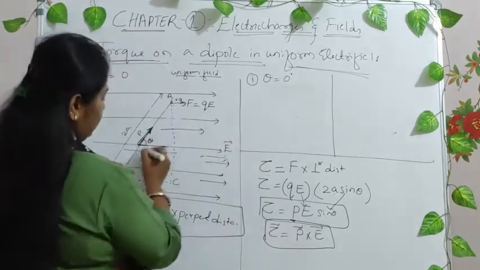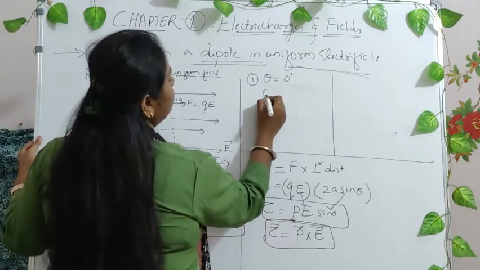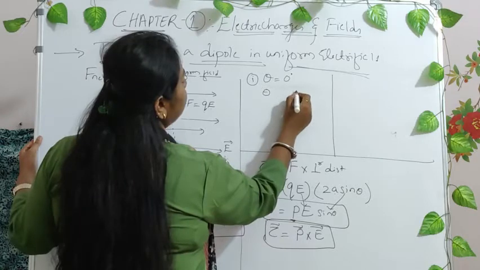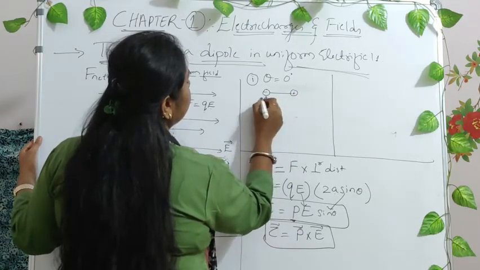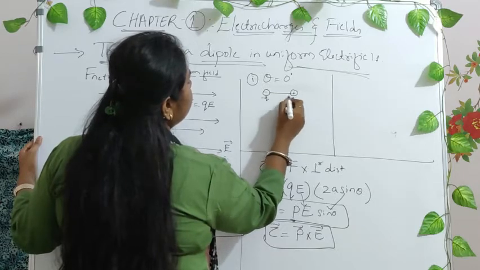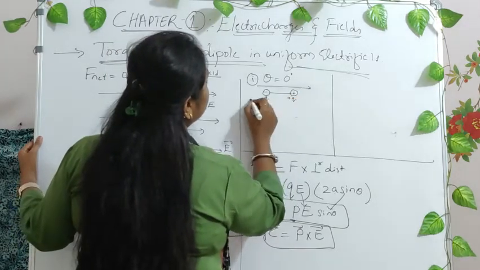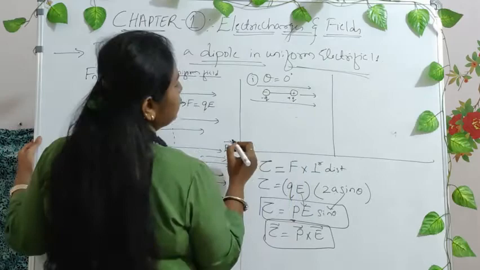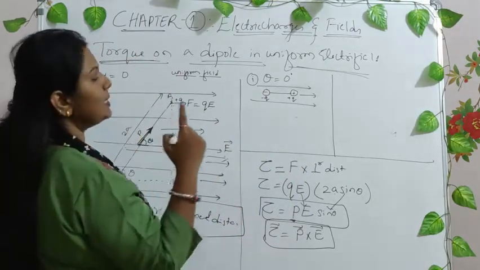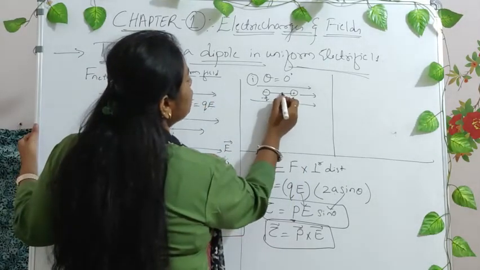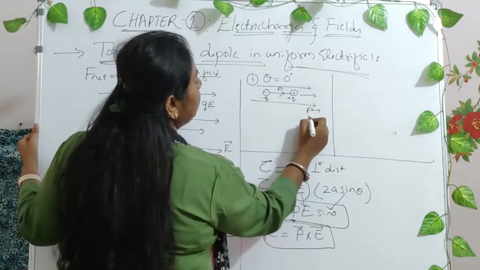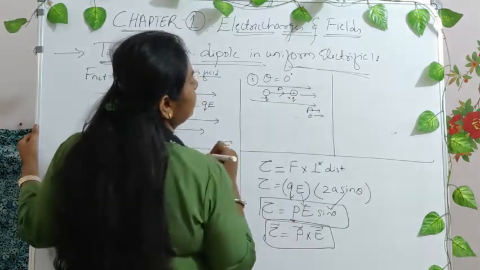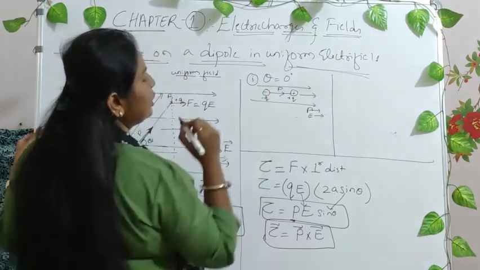Say for example, now it is here in this direction, the negative and positive charge is in this direction. Now these are the dipole, negative and positive, and the electric field is also in the same direction. Electric dipole will always be in the direction from negative to positive. So the dipole is in this direction, right? Electric field is also in this direction, right? Making an angle theta equal to 0.